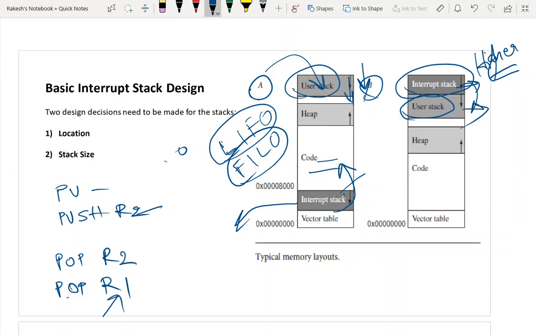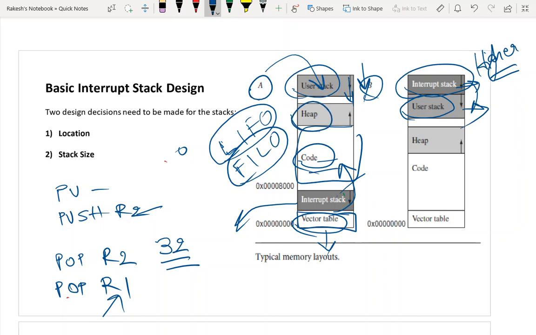Then what do you have here? Of course, this is the code that you are going to write. The hexadecimal code for the ARM instructions, the 32-bit hexadecimal code, is all put in this code segment. And this is the vector table. We have already discussed the vector table. It consists of the addresses for the interrupt handler and the exception handler.